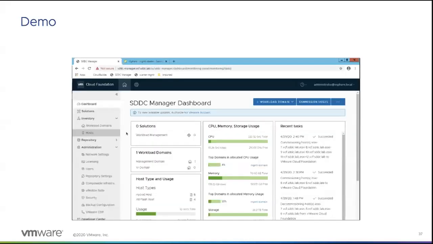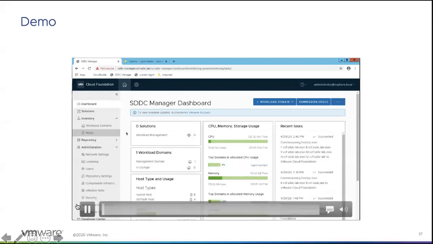In this demonstration, I will show how VMware Cloud Foundation makes it easy to stand up virtual infrastructure in preparation